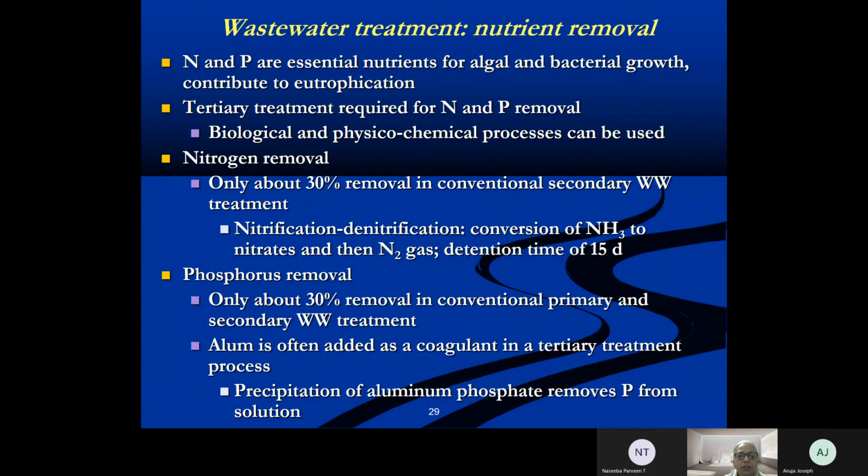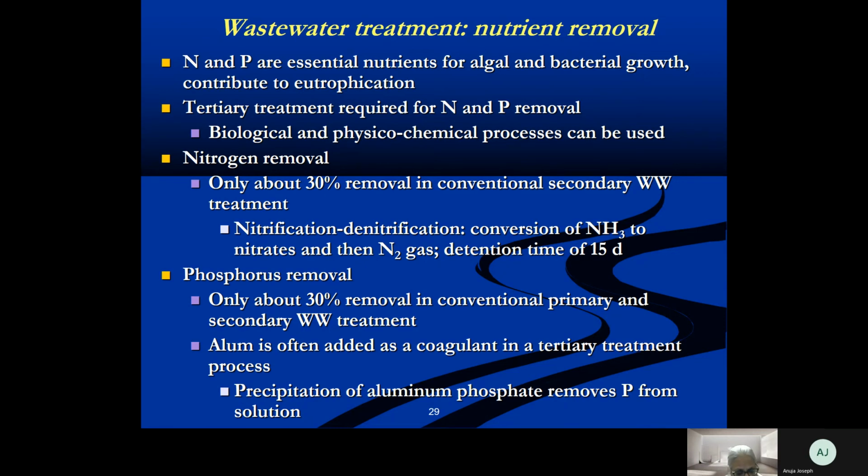Then we come to nutrient removal. So like I said, up to this point, I've been talking about secondary treatment, and oxidation ponds or ditches are examples of a one-step treatment process. Now, as I said, if you discharge even well-treated wastewater, which has been treated to the secondary level, if